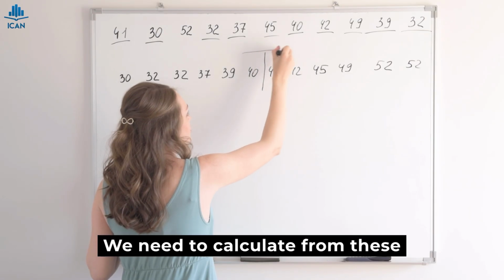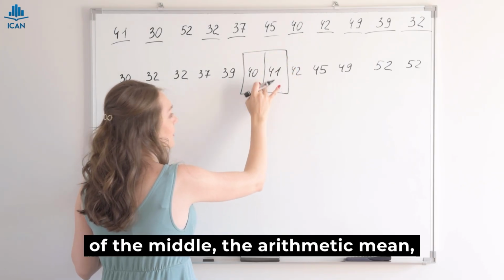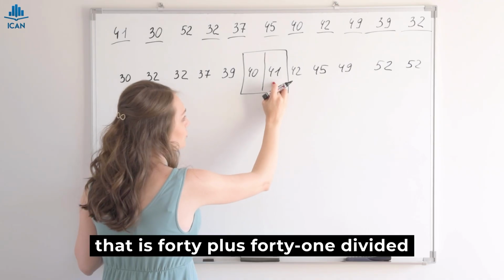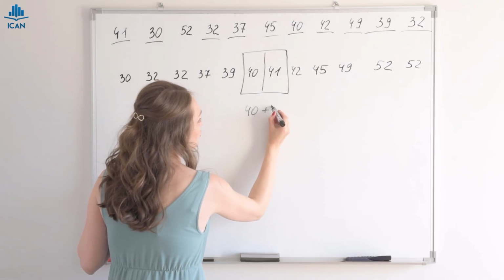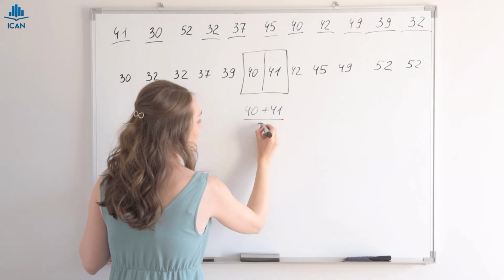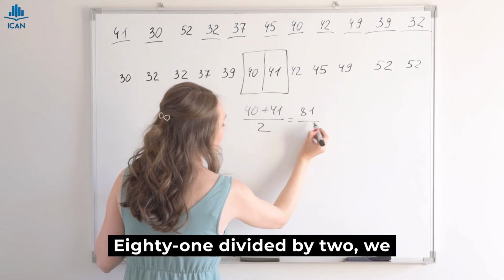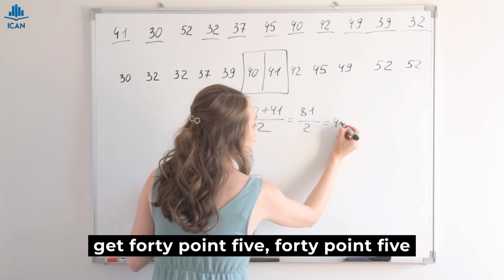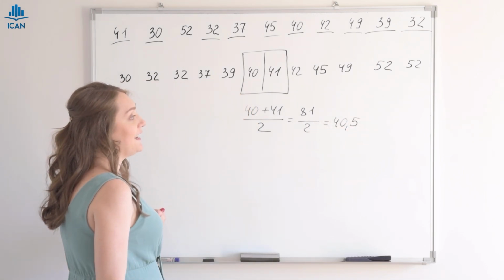What do we need to do? We need to calculate from these two numbers, the ones on each side of the middle, the arithmetic mean, that is 40 plus 41 divided by 2. How much will that be? 81 divided by 2, we get 40.5. This is the median of